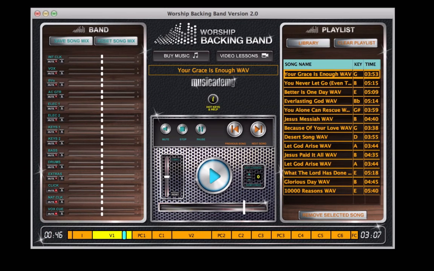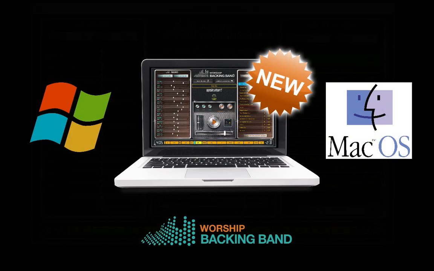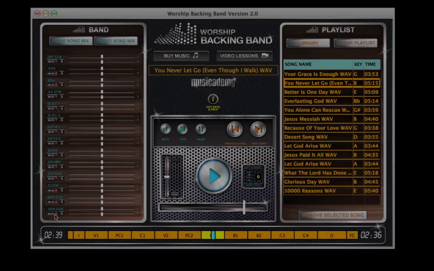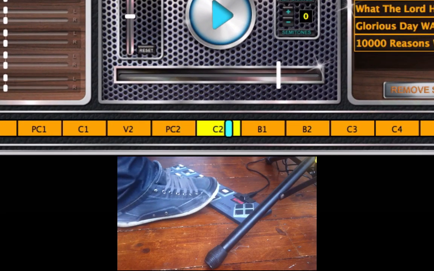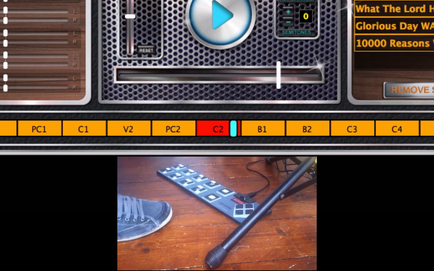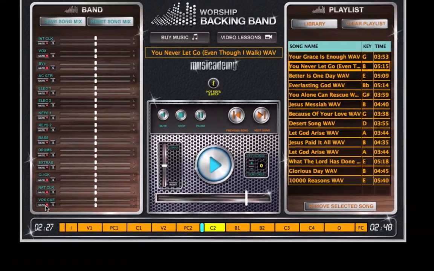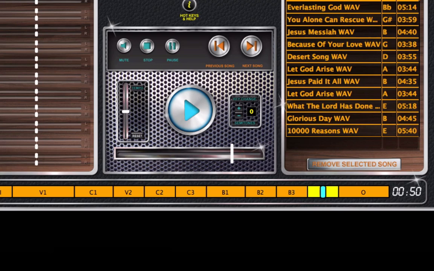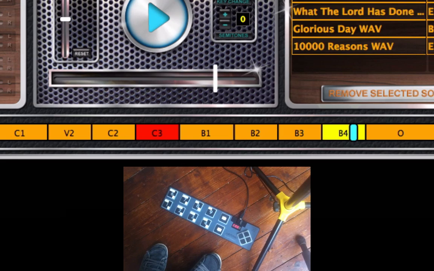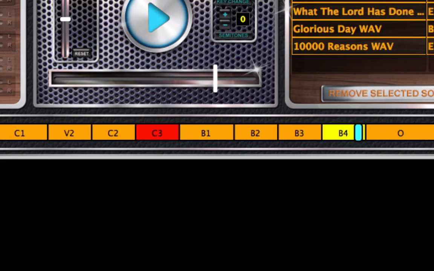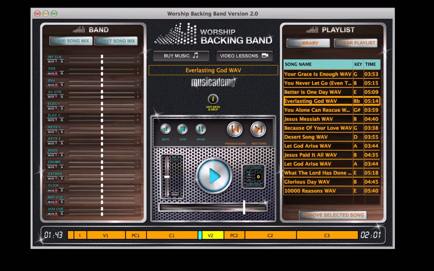All designed for worship teams with missing musicians and available for both PC and Mac. With our new ProWav MultiTrack Player, you can repeat or loop any section of the song automatically, jump backwards or forwards to any song section in perfect time, change tempo or change key on the fly,